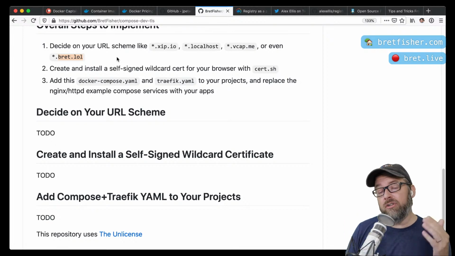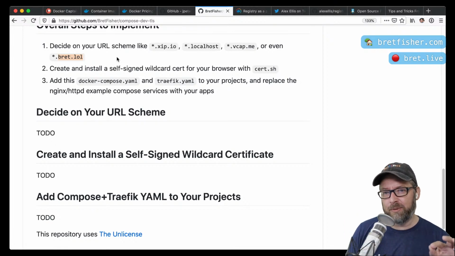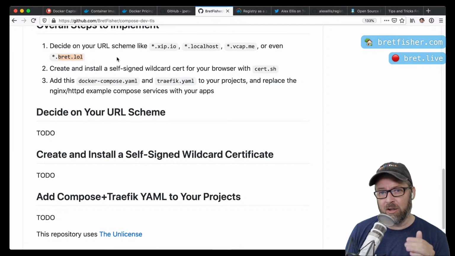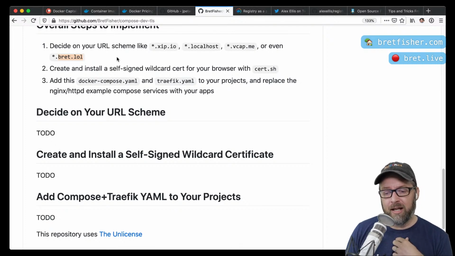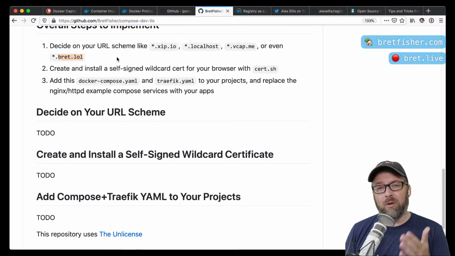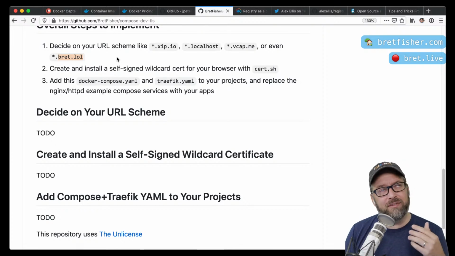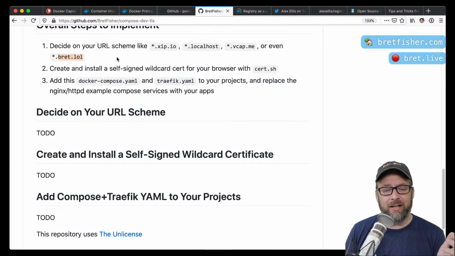Okay? Now, the Chrome browser actually has this built in. You can technically use something.localhost in Chrome. And so you could do that. But that only works in Chrome, it doesn't work in Safari. I'm not sure if it works in Firefox. It's kind of spotty, right? And it's not going to work from curl or HTTP or ping or any of the other tools on your machine. So I'd much rather use an internet provided one.